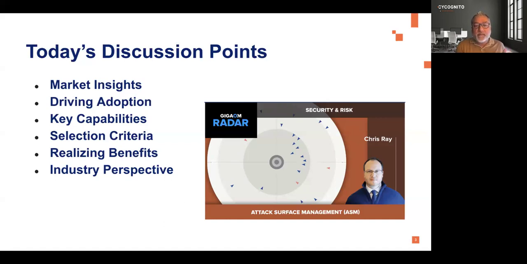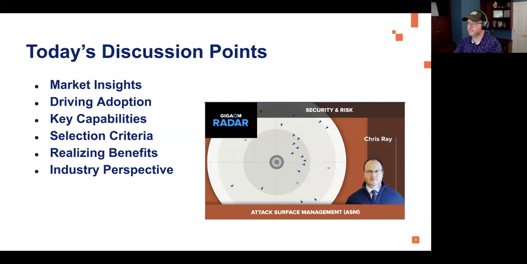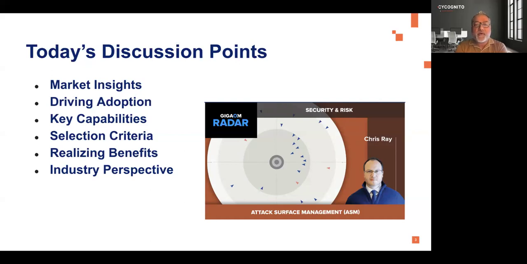So, we generally see this sort of evolution from visibility being the first challenge that organizations tend to try to address. They want that base visibility into the unknown unknowns. Then they want to quantify the risk, and then it comes down to a lot of the operational side of it, which is, how do I prioritize the ones that really matter and act on it and engage with the IT teams to fix these issues. Is that generally how you see it as well? Is that sort of the trend? And are you seeing any other sort of shifts in the space?